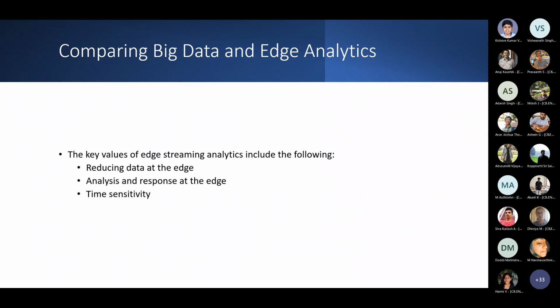And the advantage that you will get as a result is that the amount of data generated will be reduced, because only the relevant information will go, not all the information that is going on. So obviously your bandwidth requirements will reduce, and if there is a possibility of taking any action at that location itself, that also is possible. So if you have smart devices, they can automatically recalibrate or readjust themselves according to any failures or any drift in the measurement. Right, so you now have smart devices even in the industry which can do auto calibration.